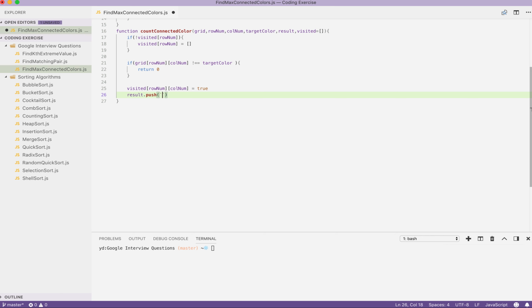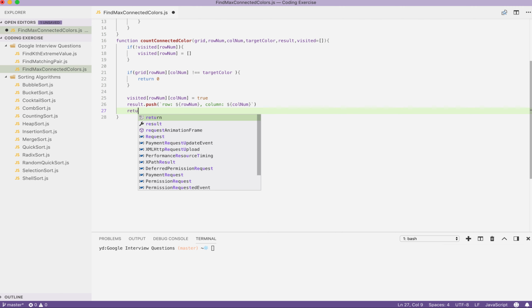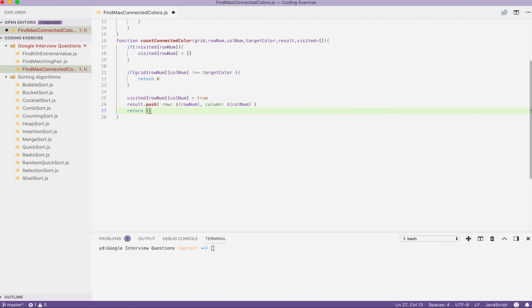So let's pass in a template string here. Row should be row num. Column should be column num. And yeah, so then we can return 1 plus